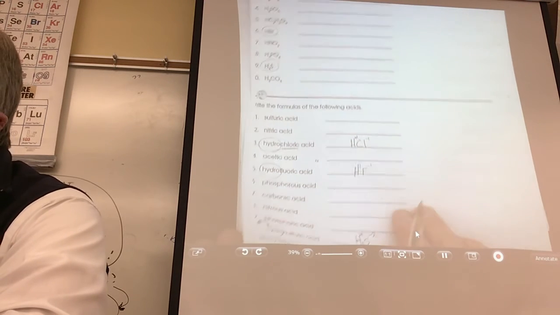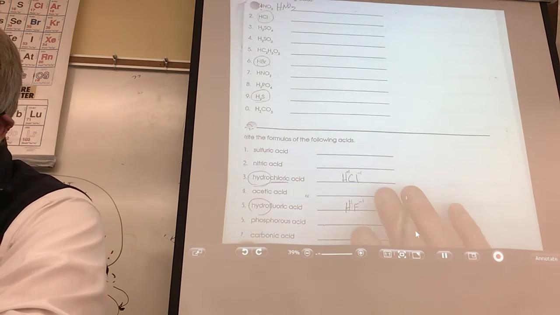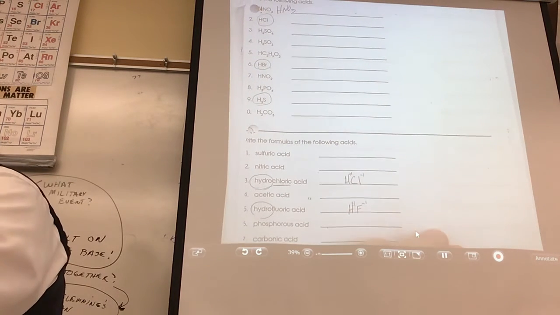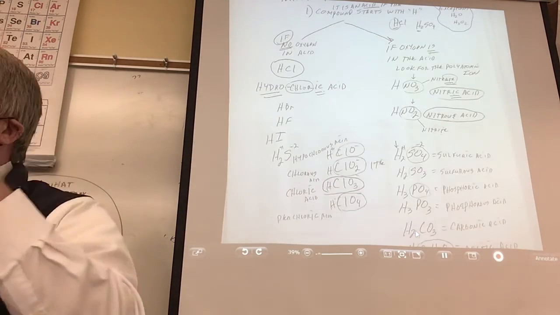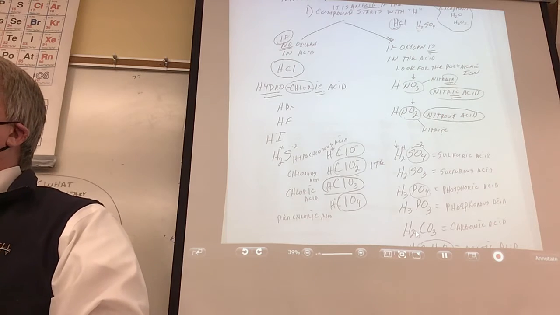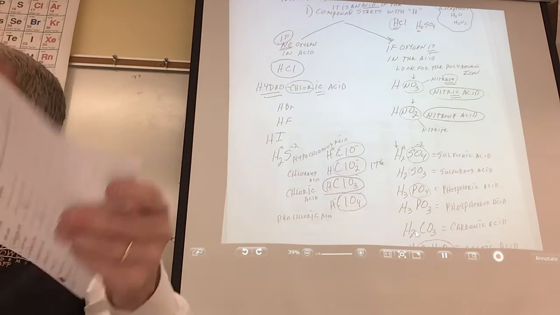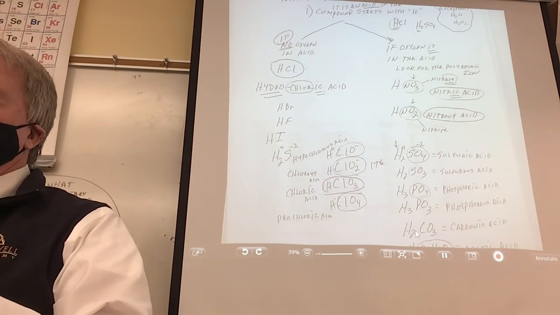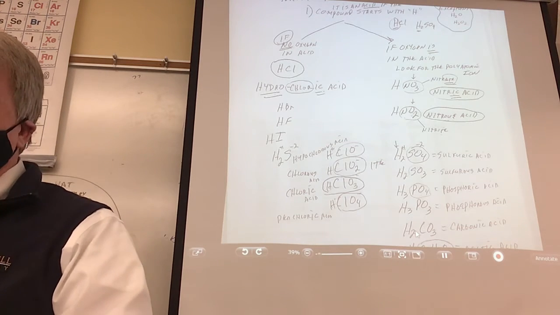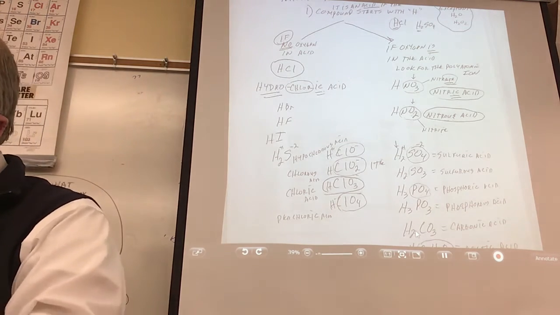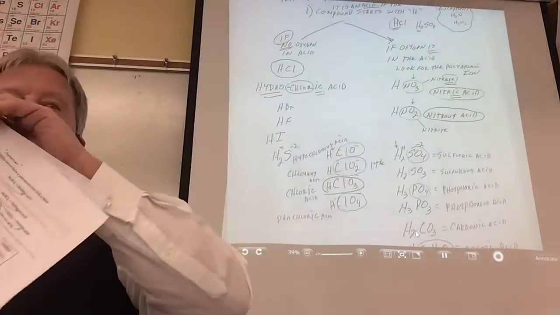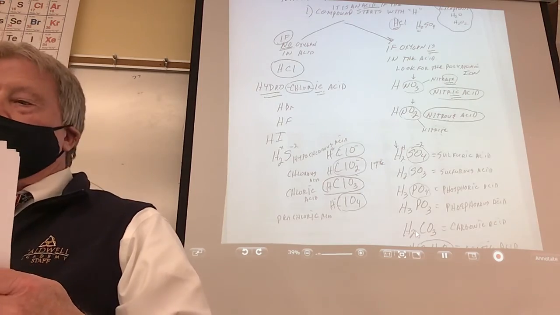Okay, anyway, I think if you were to practice this sheet here, that would help you a great deal with acids. I want to show you what they call type 5, and you might be saying to yourself, well, I don't know if I really got the acids down completely. You can study that. You can even put some on an index card if you want. But I'm going to show you type 5, and let me see if I can find my lesson packet. Here it is.